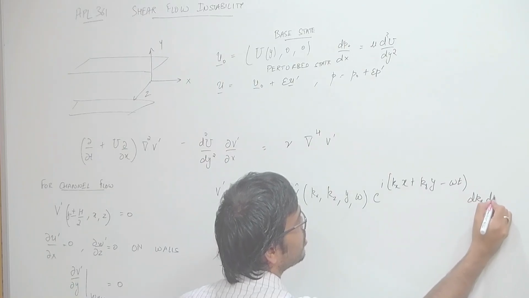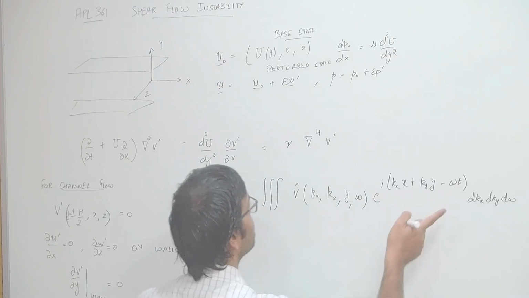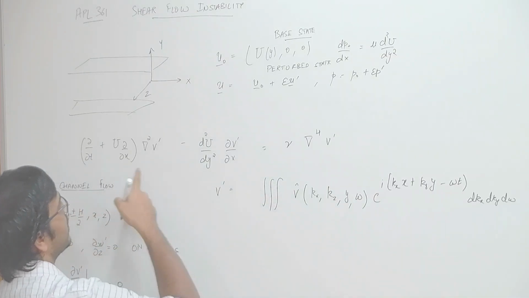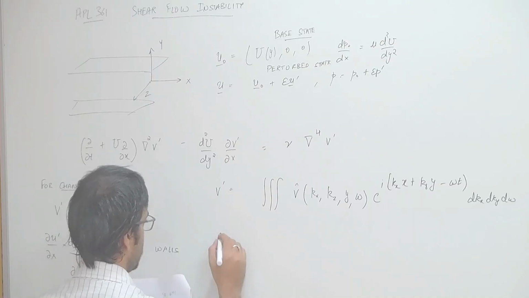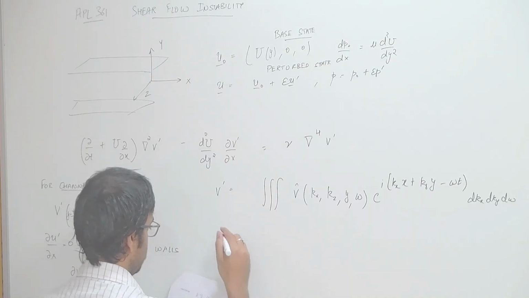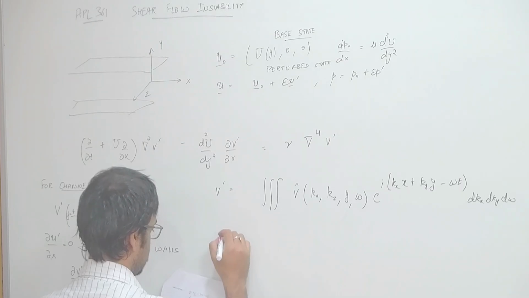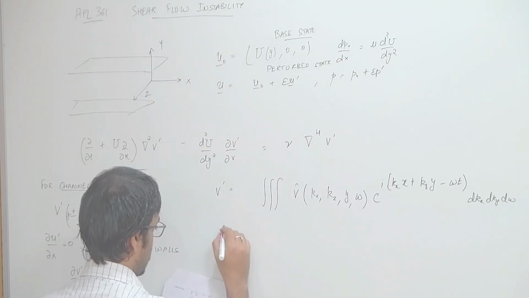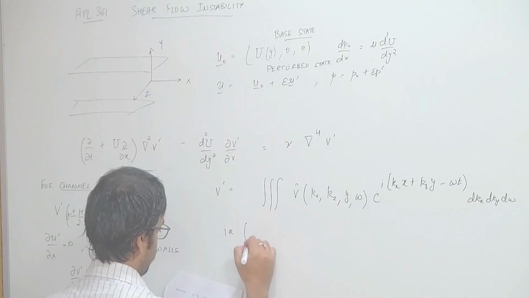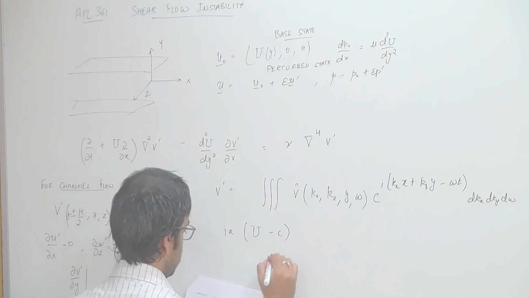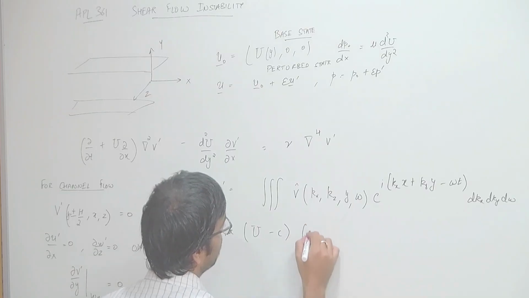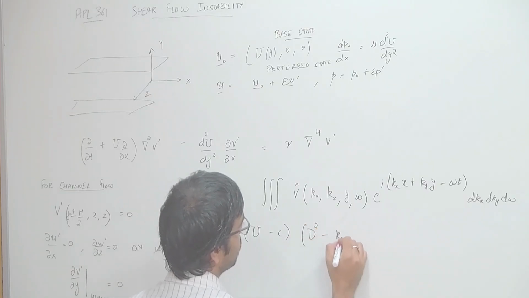So, using this normal mode assumption in space and time, we had derived an equation for v hat which looked something like this. So, we said it is, let us say, i alpha of u minus c, and then we had d2 minus k square,